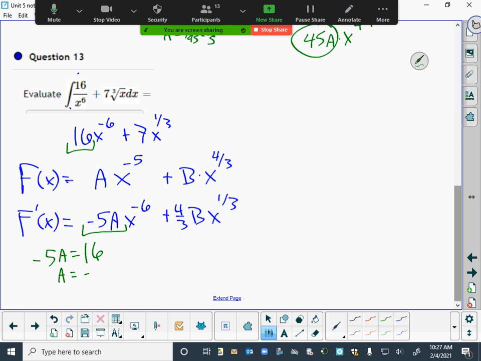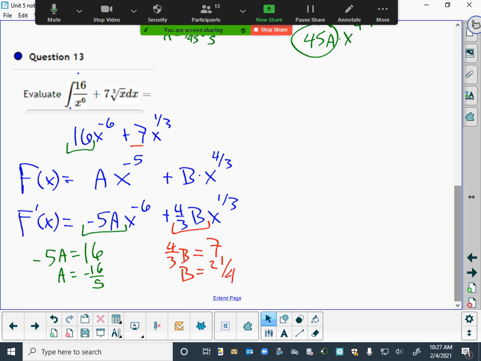That means a is negative 16/5. And I know that my 4/3 b has to be the same thing as 7. So b would be 21/4. And so my answer, with those numbers filled in there,